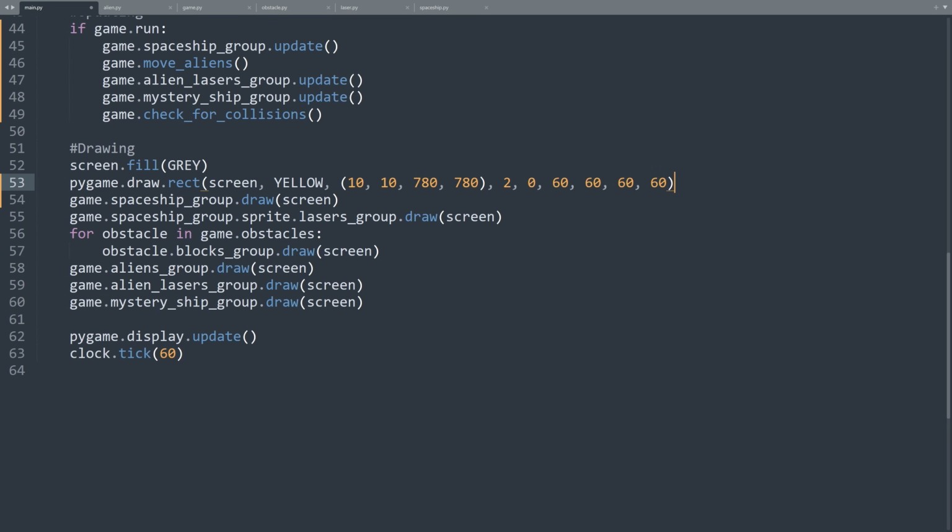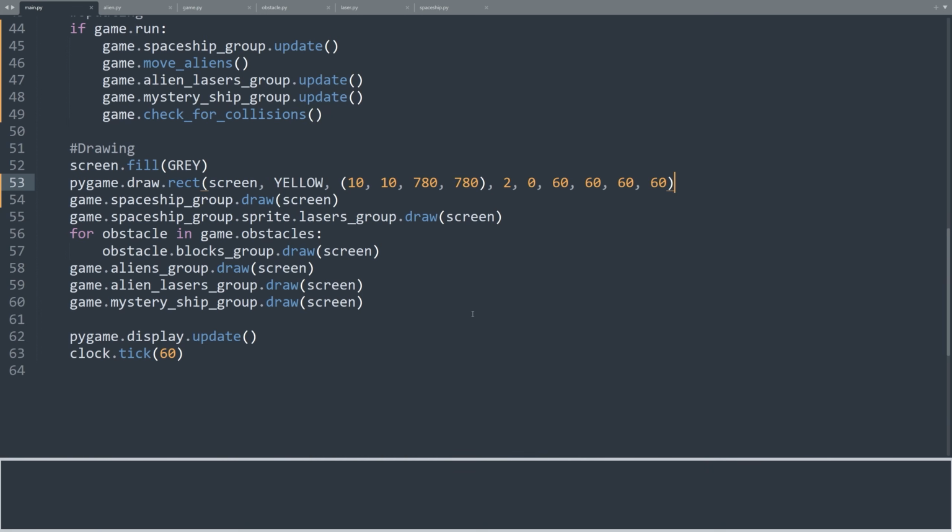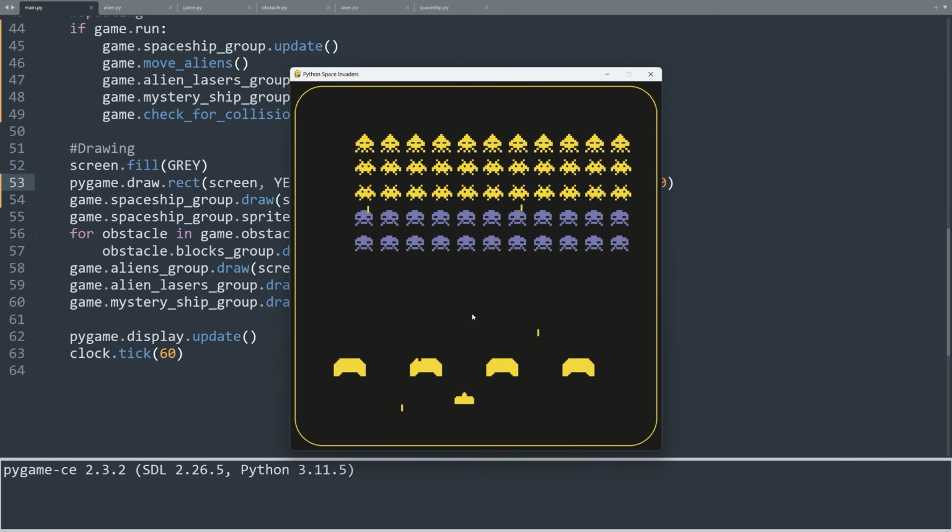This line of code draws a rectangle on the screen using pygame, specifying the following parameters: screen as the drawing surface, yellow as the color, and these values as the rectangle's position and size. 2 as the line thickness, 0 because we need no fill to it, and 60 as the corner radius for rounded corners. If we run the game now, we can see the frame appears on the screen.